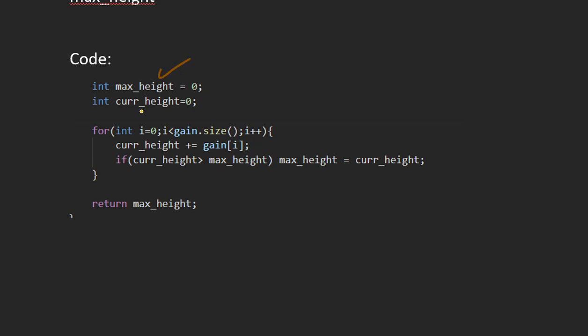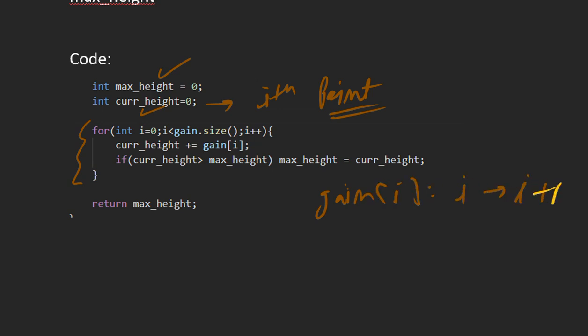So we have taken two variables, max height and current height. Current height stores the height of the ith point. And then we know that gain of i is basically the gain from i to i plus 1, and we already have the height of the ith point, so when we add the gain to the height of the ith point, we get the height of the i plus 1th point.